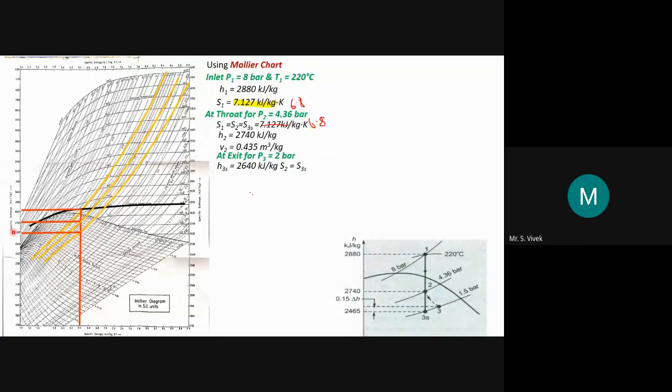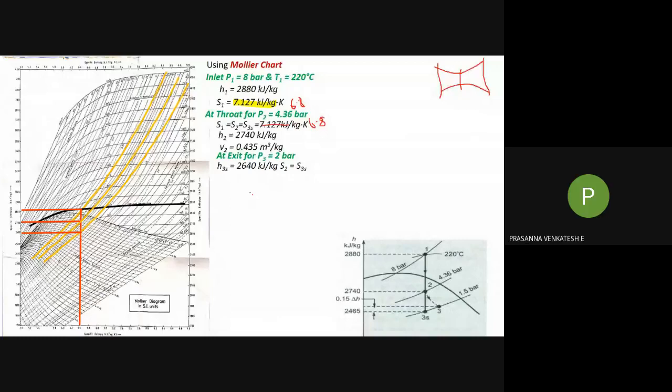Throat, that is what I actually explained in the first itself. Actually, throat is different from exit. So let me tell that. This is actually a convergent divergent nozzle. So this is the entry point, this is the exit, and this is the throat. As far as a CD nozzle is concerned, the throat area will be very minimum. At a point in that cross section where the area is minimum, that is called the throat.